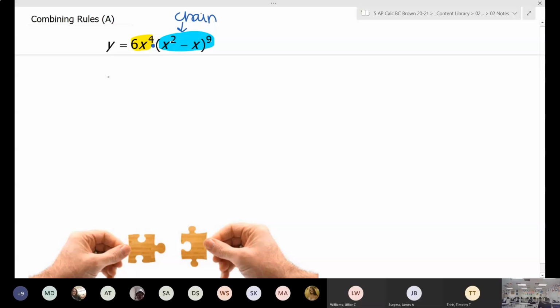So I am finding y prime. So I have the first, and I'll go back and highlight it when I finish. The first times the derivative of the second. This is where the chain rule comes into play. So it's 9, new exponent is 8. Inside stays the same, times chain rule, the derivative of the inside,